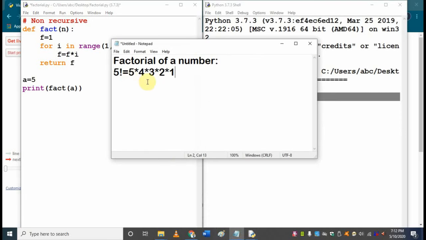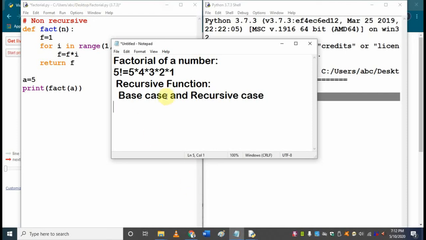How do I write that recursive function? Before that, let me give you a basic idea about how to write a recursive function. So what is the recursive function technique? A recursive function technique says that we need to have two cases. What are those two cases needed? Base case and recursive case, isn't it? So these two are needed always. Whenever you are trying to solve any problem by using a recursive function, you try to find the base case and recursive case, where the base case is a condition whose result is already known to you, and the recursive case is a statement which is recursively calling the same function, right?